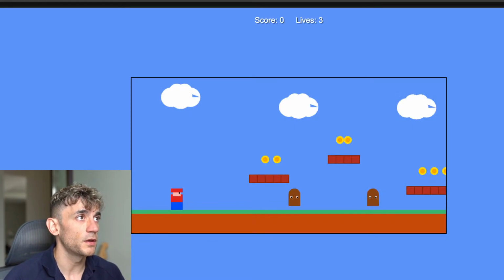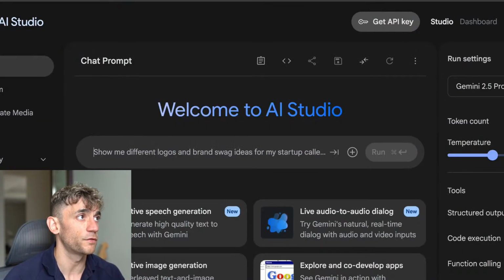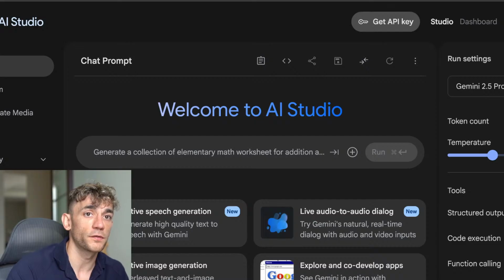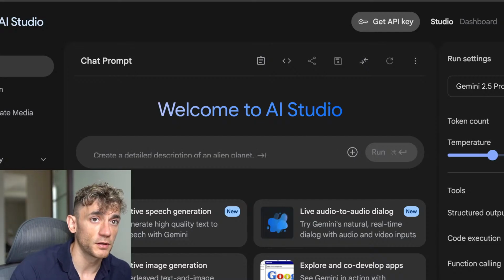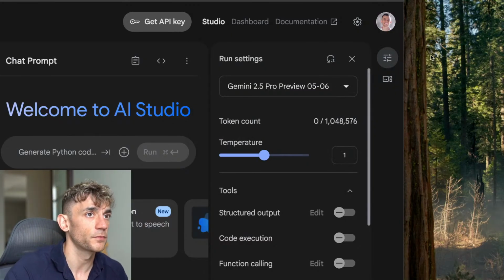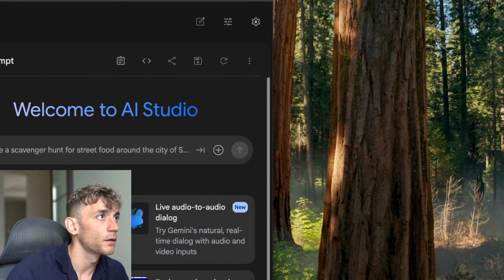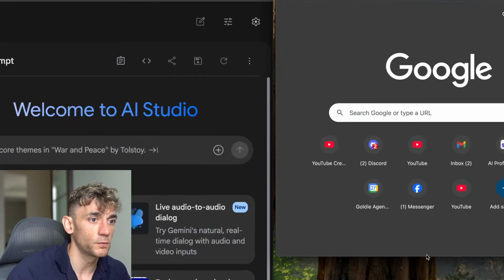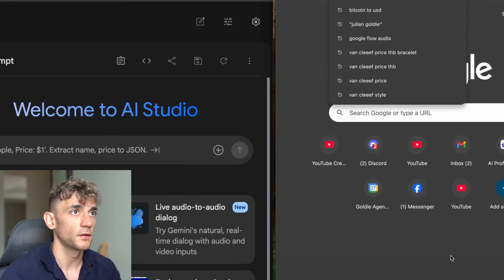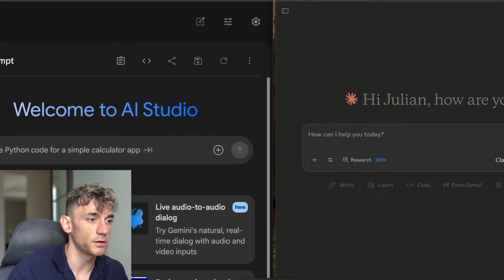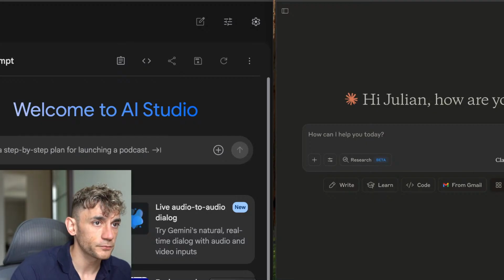Now, if you want to build with Gemini 2.5 Pro for free, you can use AI Studio. And if you want to build with Claude 4 Sonnet for free, let me show you exactly how to do that in a second as well. And we'll pull these up side by side. Now, I've got a bunch of awesome prompts that we're going to be testing. And actually, I'm genuinely interested to see what we get back from this. It's going to be pretty wild, I think. So, let's get straight into this.